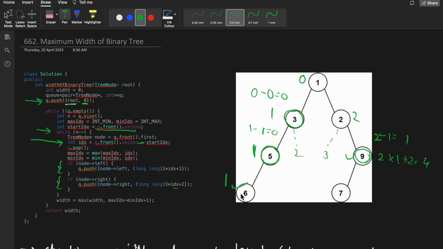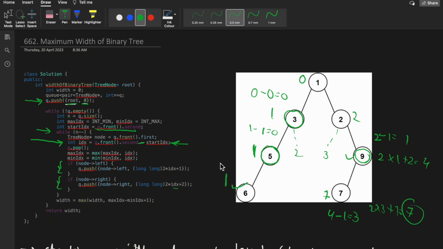And similarly this node would start with the number 1. Okay, the starting would be from the number 1, and here for this node its parent number is 4. So 4 minus what would be the starting index? Starting index would be 1. So this is the 3. So 2 into 3 plus 1, this is what? 7. So yeah, 7 is the correct number, right? So guys, this is how we will always start the numbering of nodes from 1, and then we will number. So this subtraction will help us to prevent the integer overflow and start numbering from 1 itself for each node